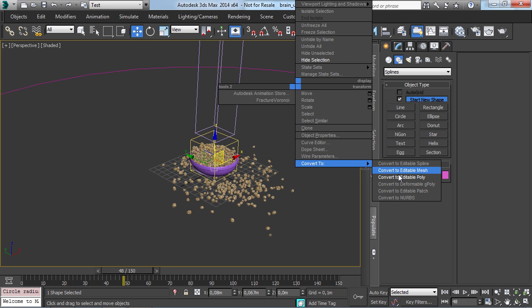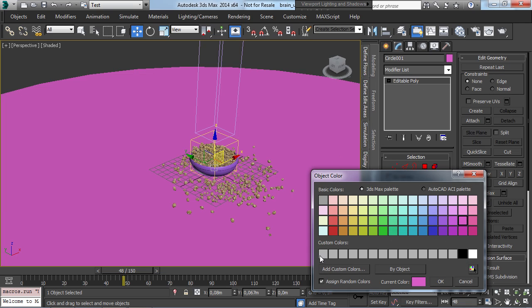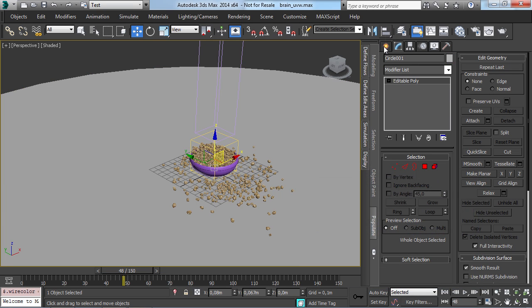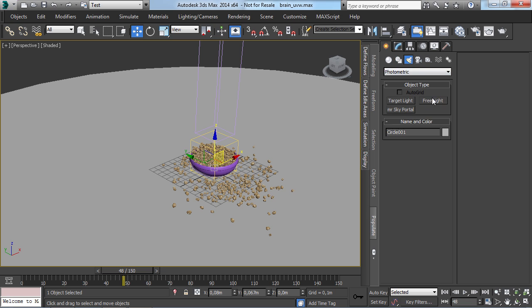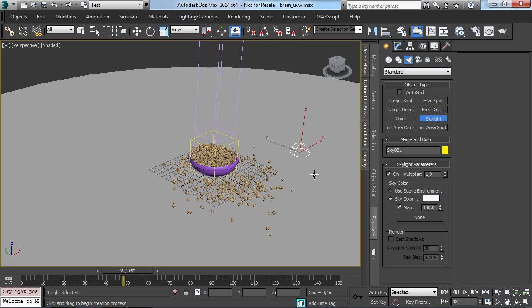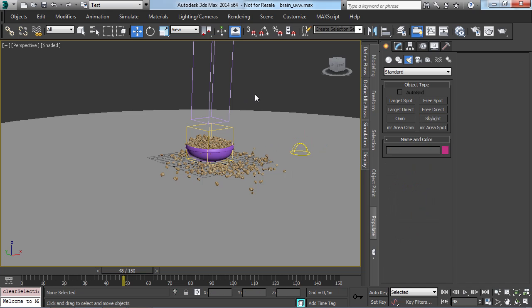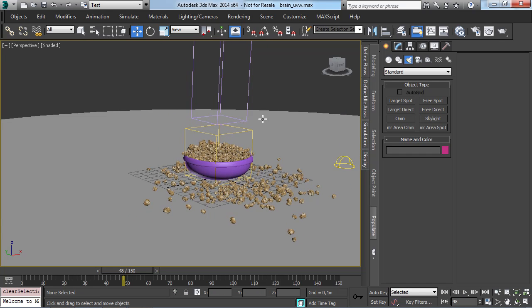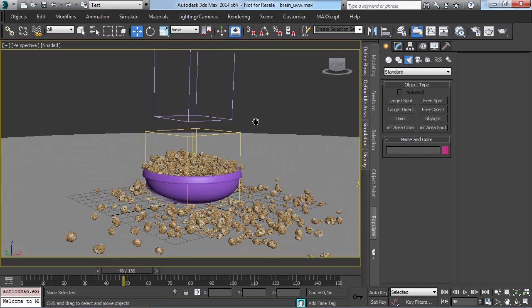So let's just quickly set up a background here, maybe something like that, and we're gonna add some basic lighting, just a skylight for now. That should work. And then we're gonna add a camera just by pressing Ctrl C, generating a camera out of the current